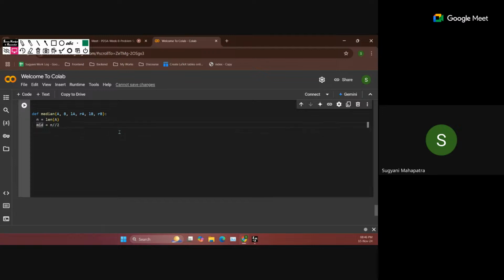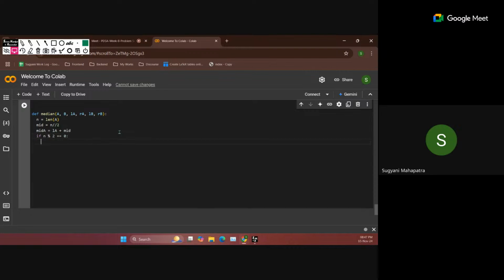So we will have the middle index is equal to n by 2. So we will have our middle of A is equal to the left index for A plus the middle. Similarly, for B, we will have